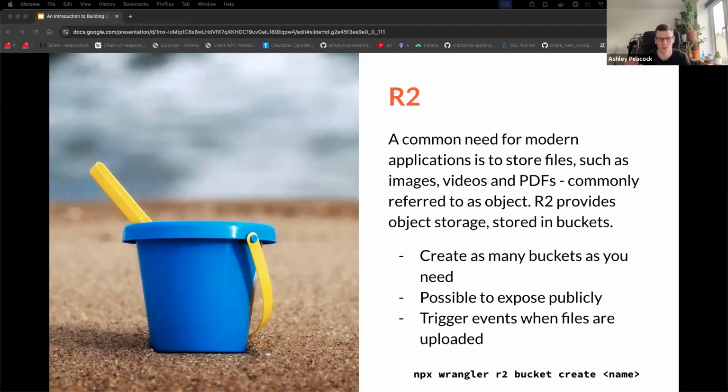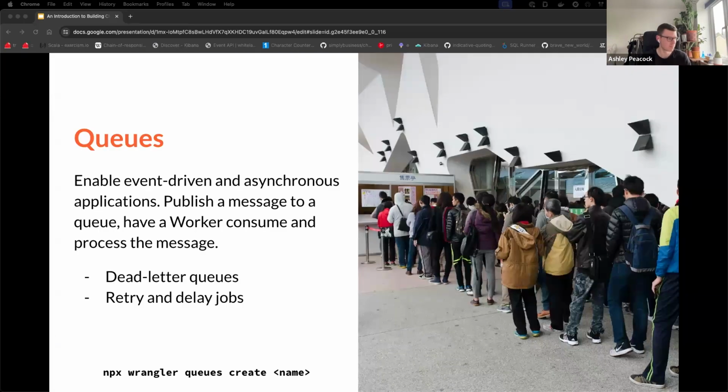And you don't want the user to wait around while you perhaps optimize it for smaller mobile devices. So what you could do is you can have an event fire whenever a file is put on R2, and then you can have something completely separate, a separate worker, for example, that handles when a video is uploaded, and it can generate that smaller mobile optimized video in the background, which is just a nice feature you can have with Cloudflare. And this is also possible on AWS, just to call that out.